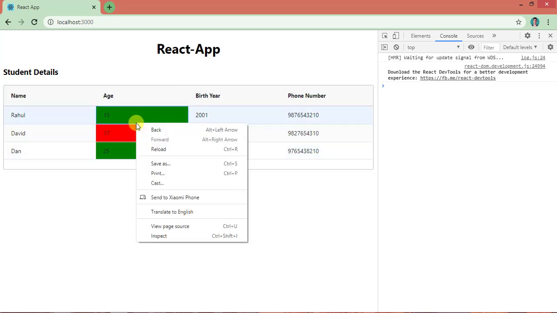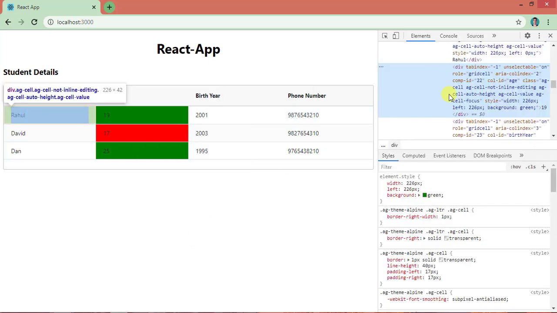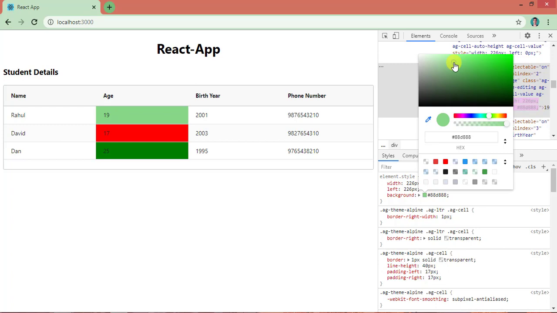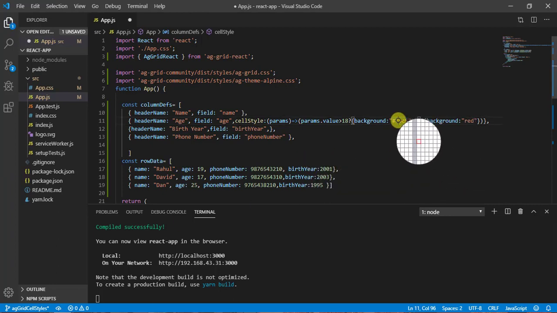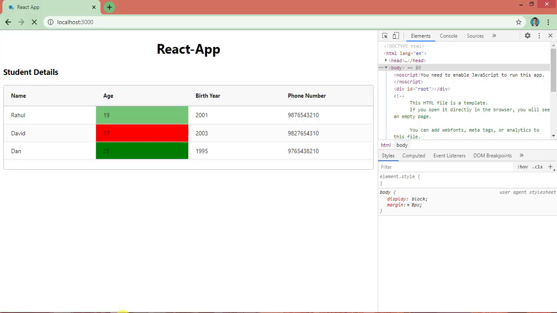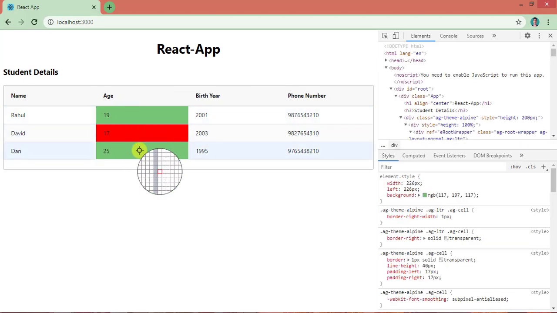Let me show you how to change the color. Come to the elements, you can see here green, and based on the color you can select like this. You can copy this color from here, and instead of green here, you can paste this color. So this color will apply here right now, as you can see.